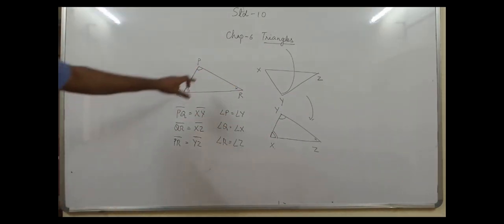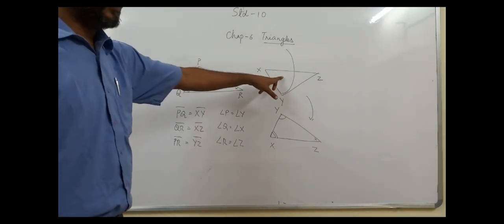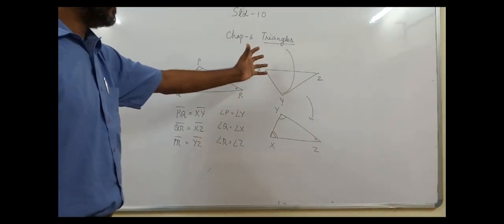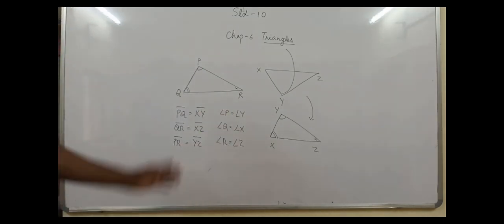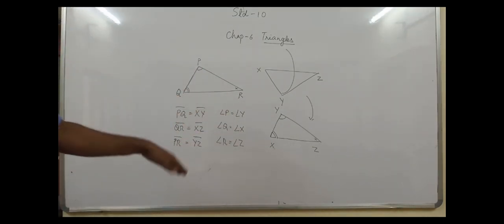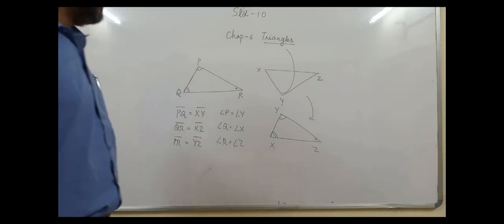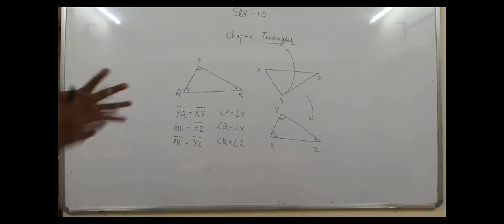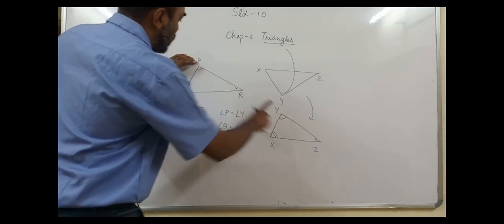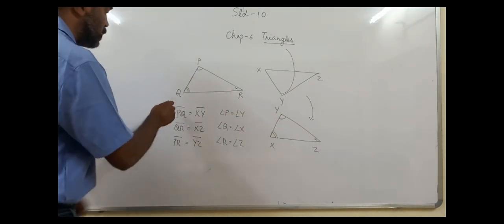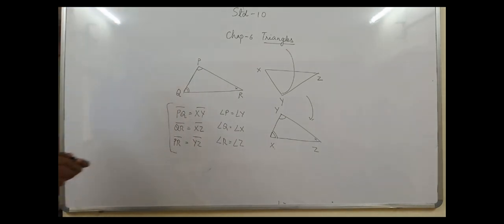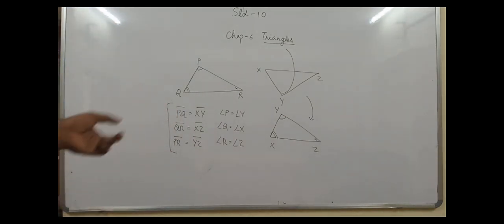Okay? So I had drawn this triangle and I had drawn this triangle, but then I rotated it because when I want to place it on this, I have to arrange it in a certain way. And when the arrangement is done, and if it coincides exactly, now what happens when it coincides? The sides exactly match, equal to equal, and the angles also match. So 6 conditions are to be satisfied. So if they are satisfied, then the two triangles we say are congruent.